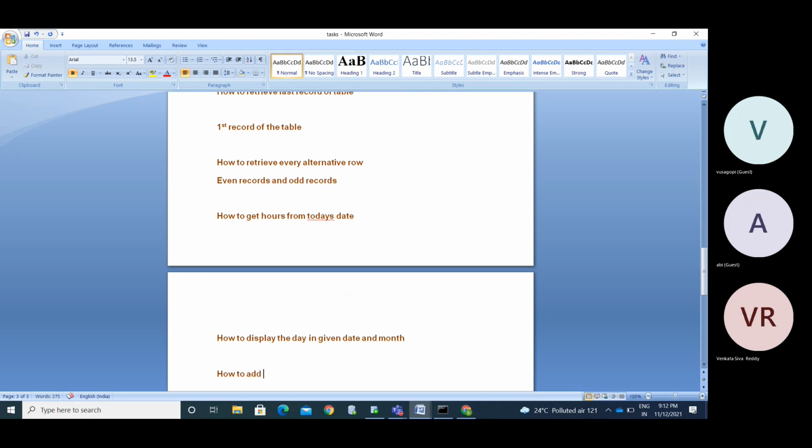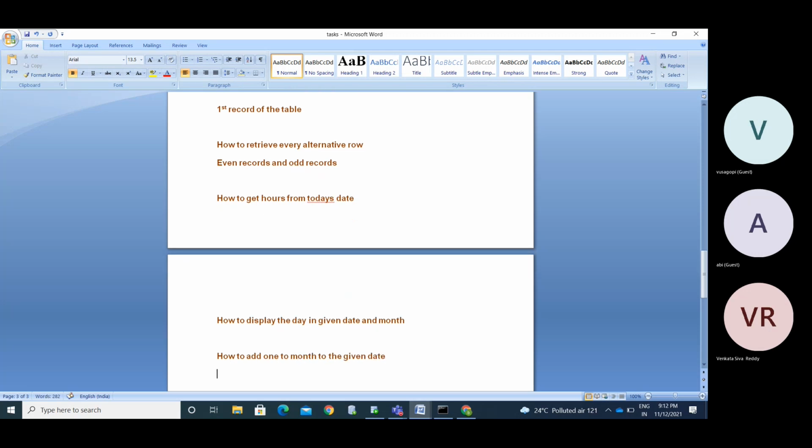Okay, how to add 1 month to the given date. How to add 1 month to the given date.